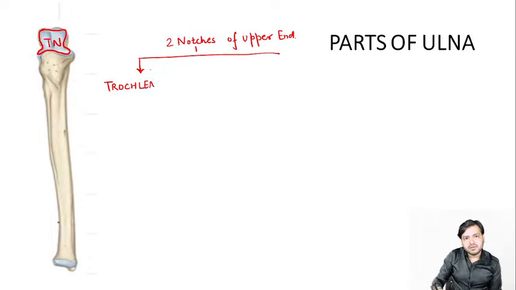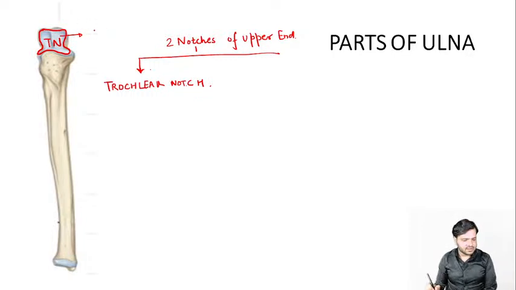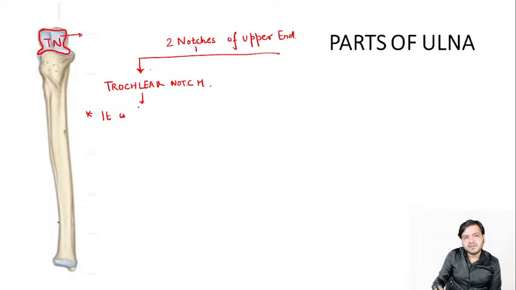And remember, trochlear notch ह्यूमरस के किस पार्ट से आर्टिकुलेट करता है? I am waiting for your answers guys. Trochlear notch articulates with which part of the humerus? पूरा नाम बोलना. वैसे तो तुम लोग को पता है, और इसमें मैं फिल इन द ब्लैंक्स दे रहा हूं, ये तुम अभी खुद फिल करोगे. It is formed by